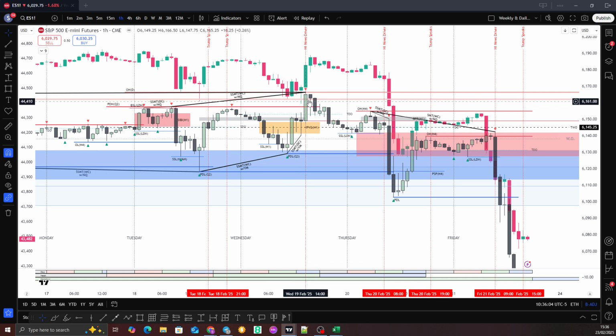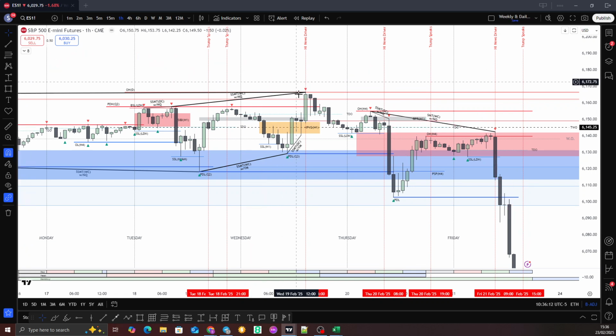whereas it purges through and takes out the previous day's high and purges the previous monthly high here,